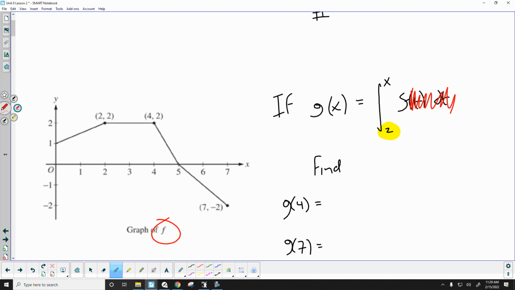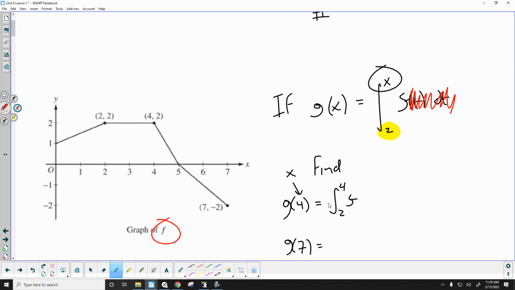Cool? So if I say, what's g of 4? What's the answer? 4. Great. Because you're accumulating your area from 2 to, oh, I'm replacing x with 4. So x gets replaced with 4. This is read as,